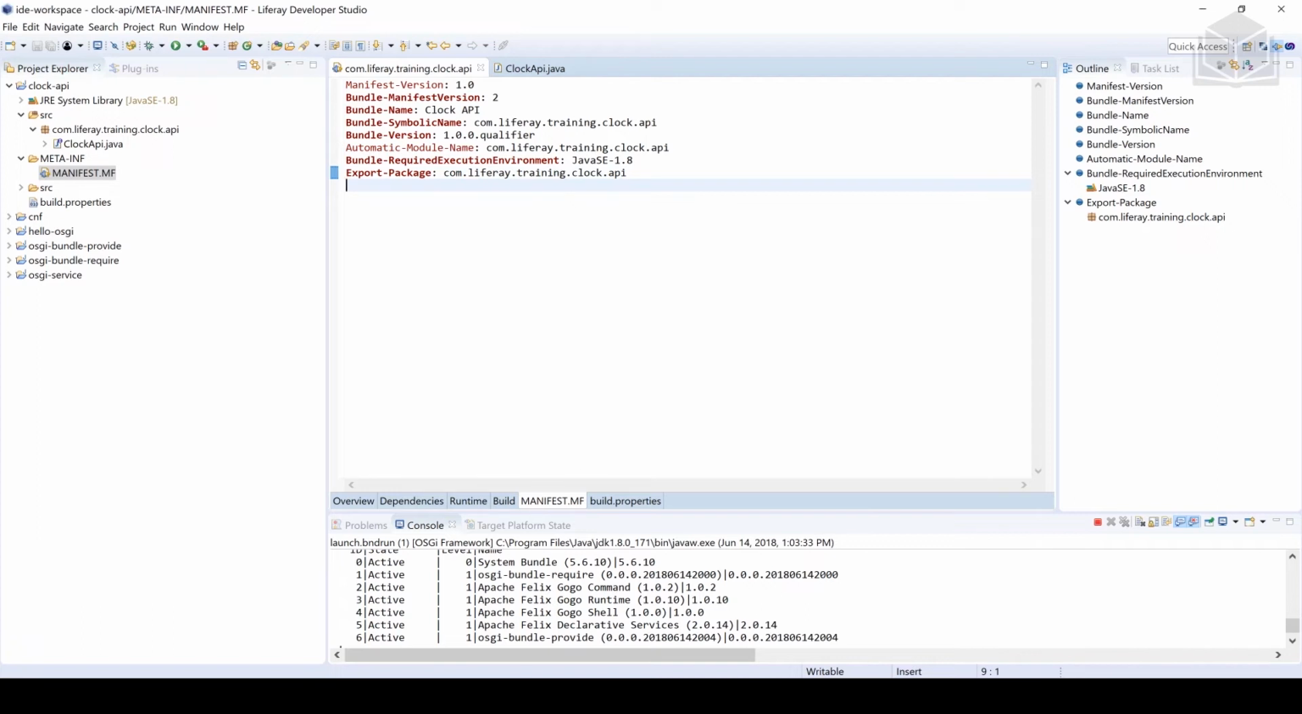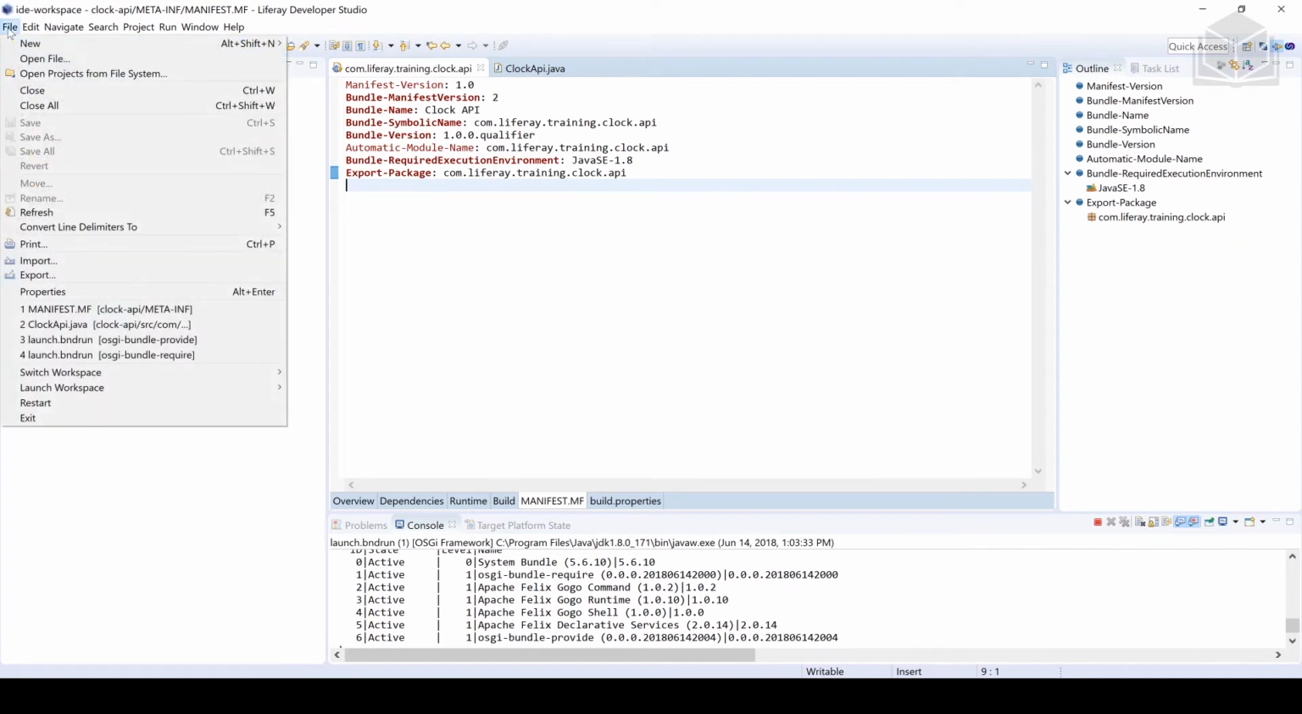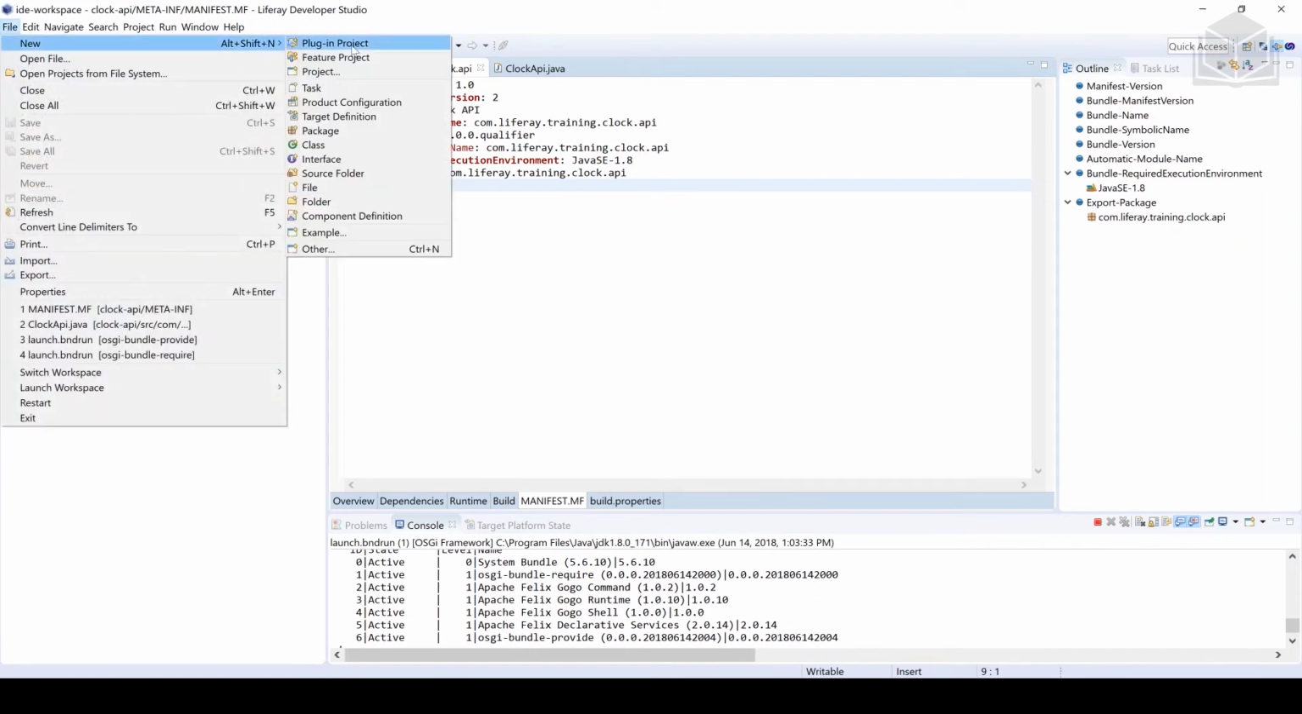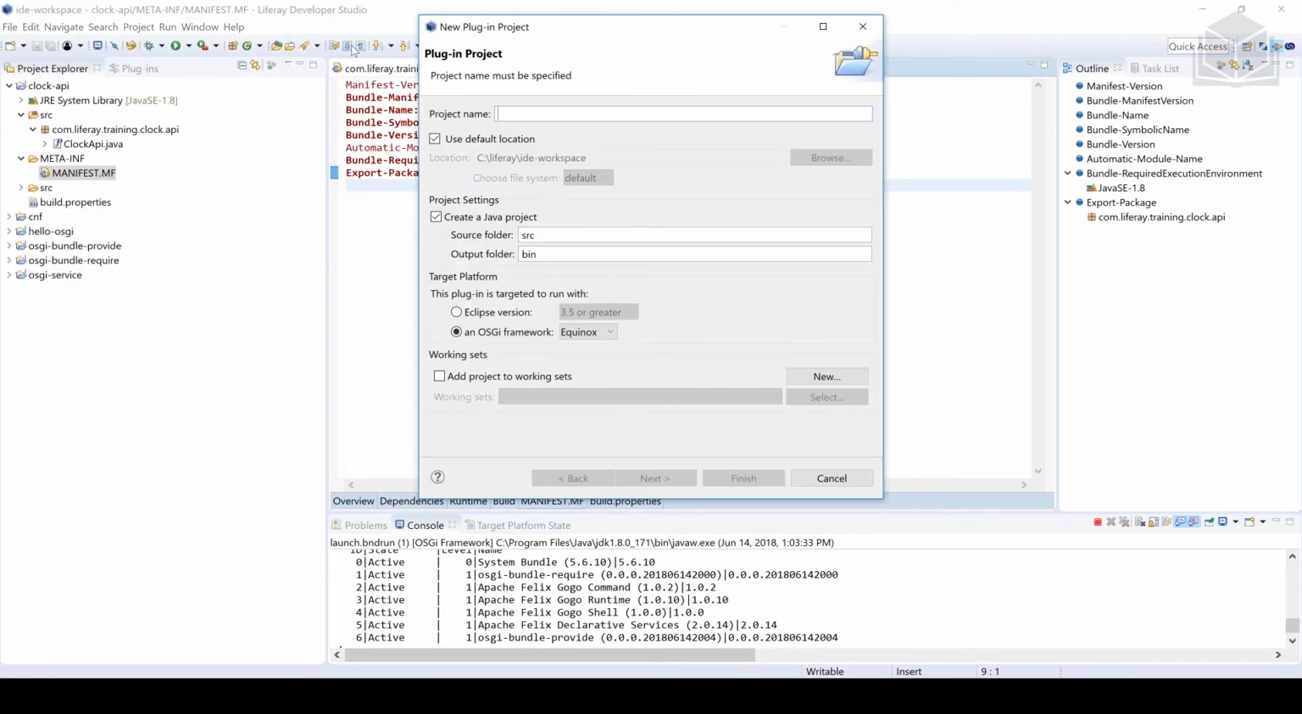So step 1 is done. Step 2, we're going to follow more or less the same instructions, just creating another OSGI bundle. So we're going to head up to File, New, followed by Plugin Project once again. Right, so second plugin project, this one is going to be for Clock Impl, so the implementation of the Clock